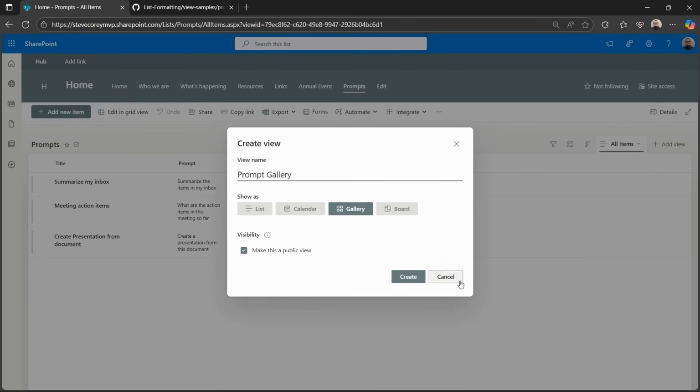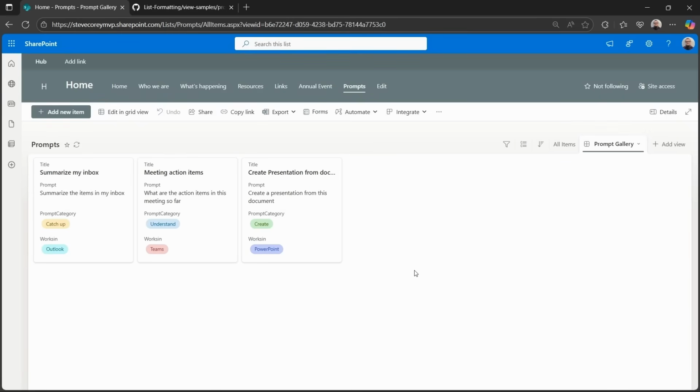Make sure it's a public view. Otherwise, no one else could see it. And so now we've got these cards. It's okay. It's just the default gallery view. We still want custom though. So let's go and format this current view